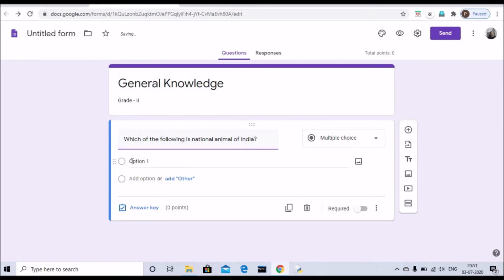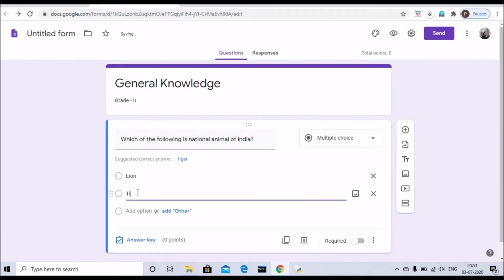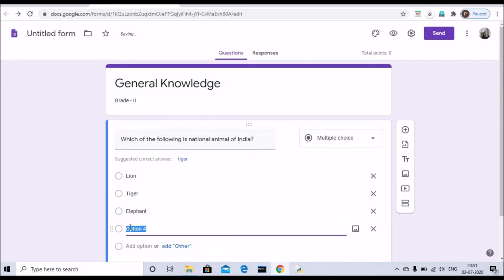And in the options I am giving lion, I'm giving tiger, I'm giving elephant, and I am giving, let's say, rhino.